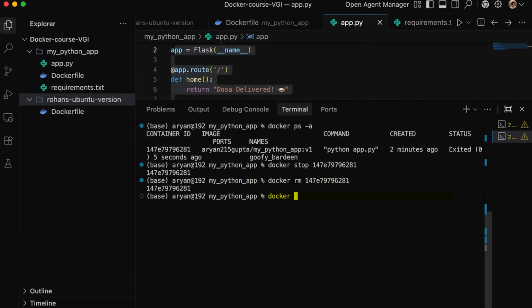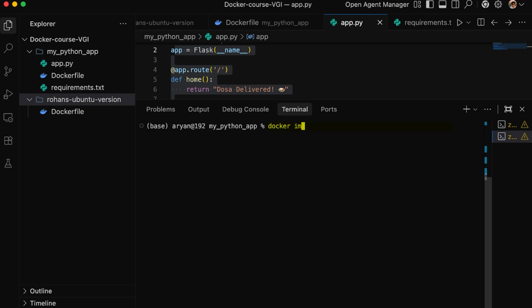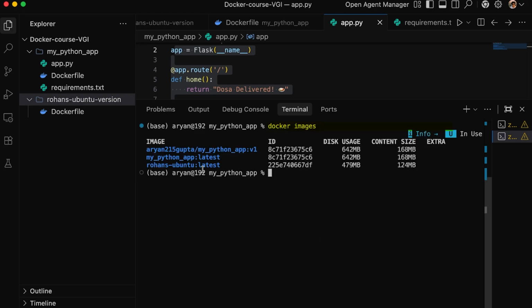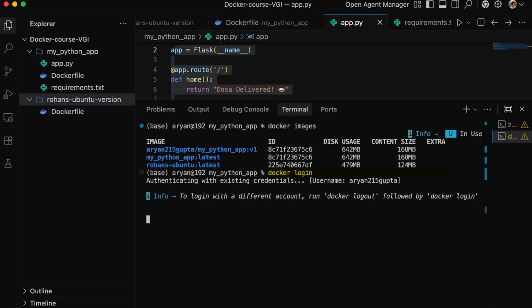So again, let's push some other image as well, which you have created, which means Rohan's operating system, the Ubuntu operating system. Let me use clear and docker images. These were the images. Now let me push Rohan's Ubuntu latest operating system. So what I will do is use docker login. After logging in, I will tag my image, so I will use the docker